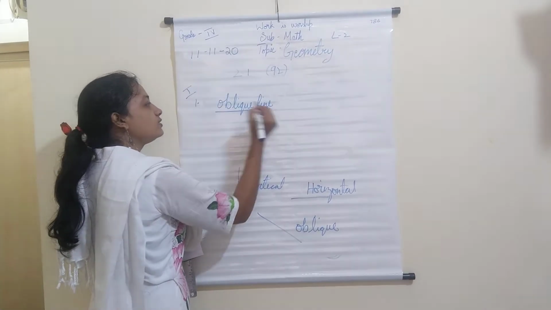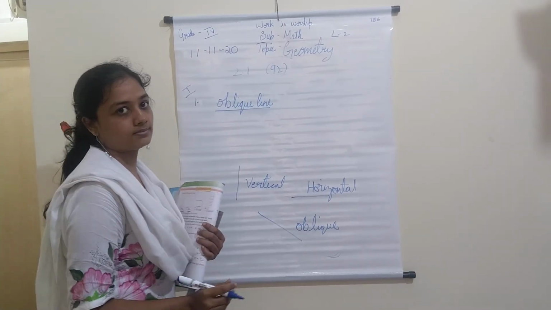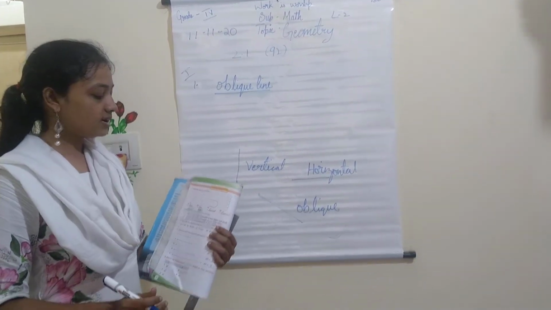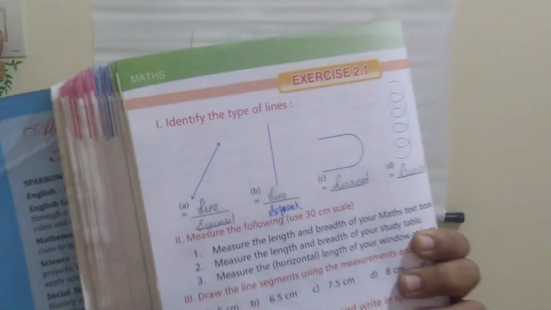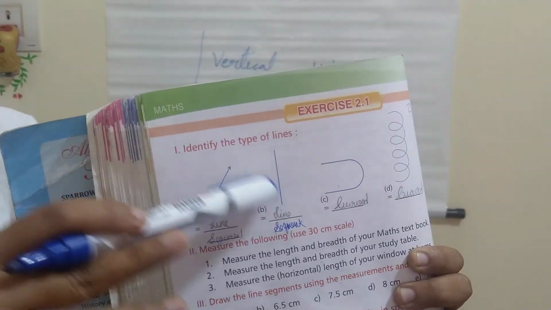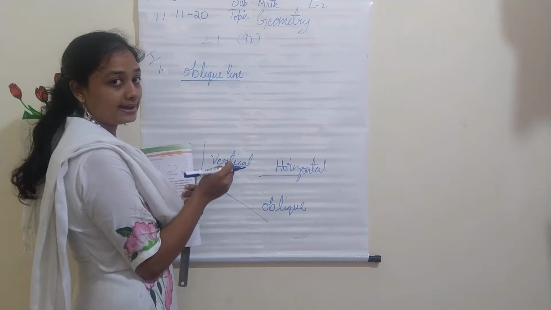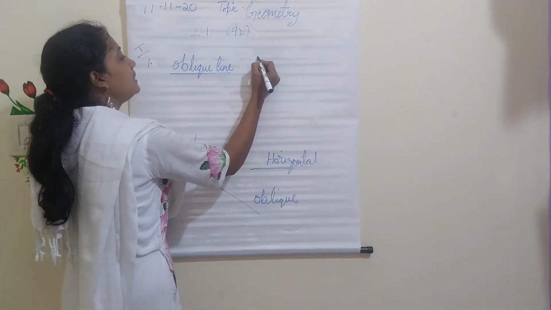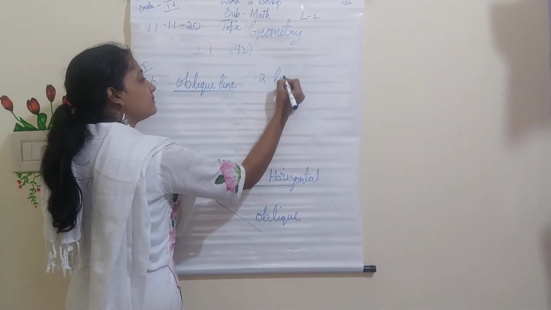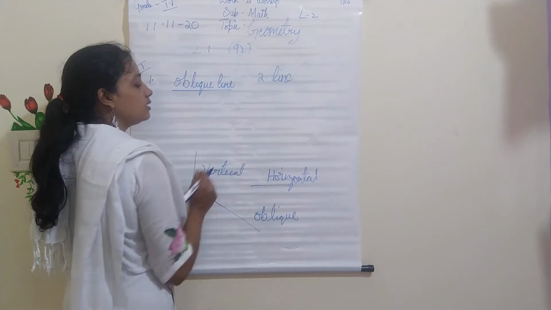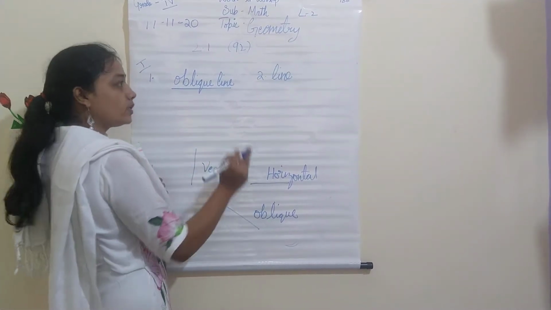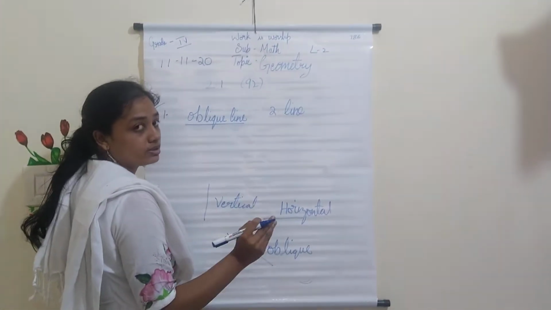This is the answer for the first one. What is the second one? You can see a line standing there and there is no arrow mark on both the sides here. So it is a line segment. Instead of writing a vertical line, I directly write a line segment. I am not writing according to the position because it doesn't have an arrow mark on both the sides.